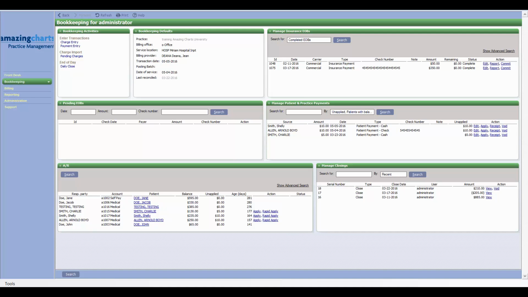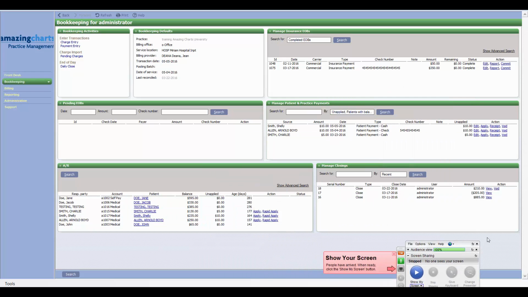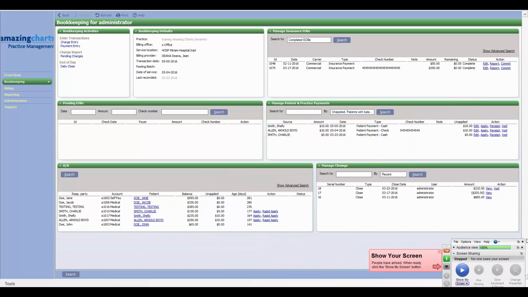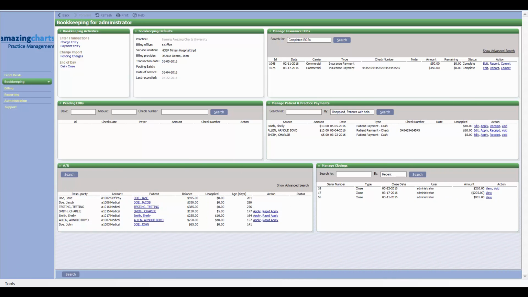And then, of course, if you're looking for a specific ERA in the system, you can use any of the filters along the top here for what you were looking for. So if you were looking for a specific payer, you could put in the payer's name here, or search by check EFT amount. So if I put in an amount in this field,